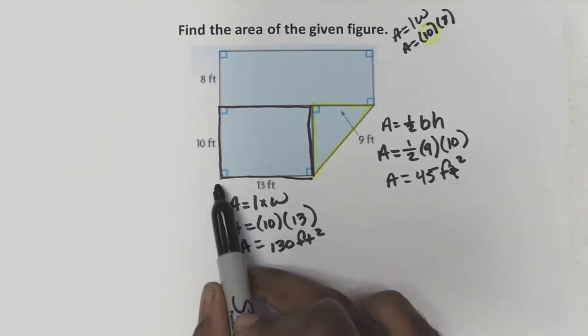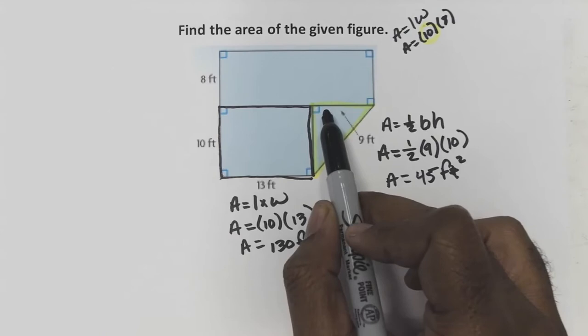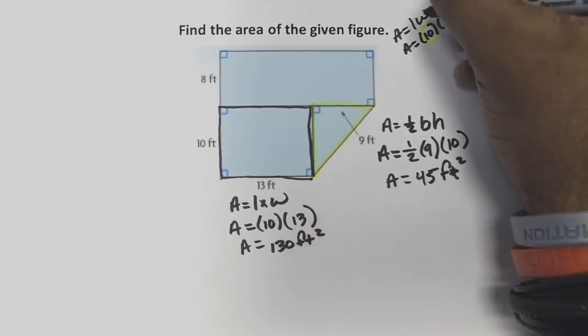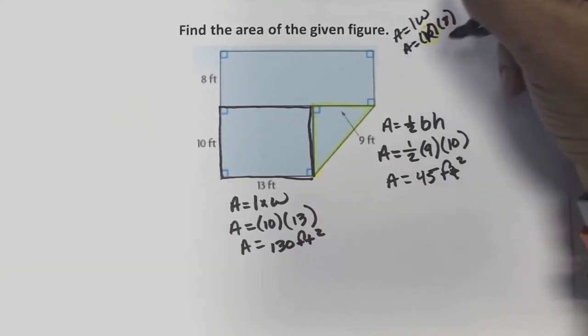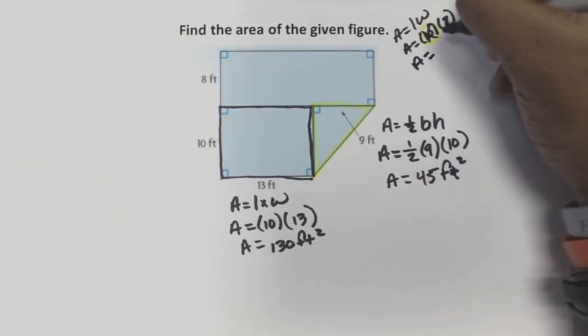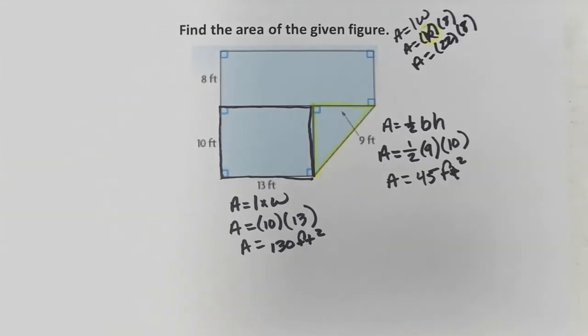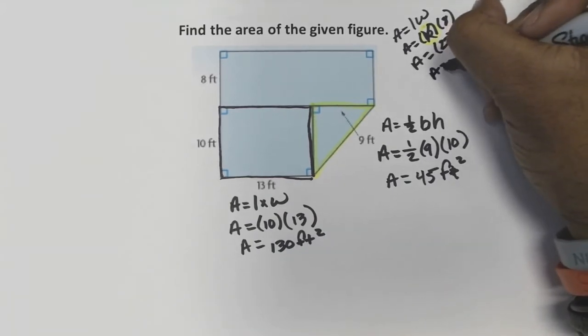Because the length of this total side is 13 plus what? 9. So to get the correct length, I do 13 plus 9, which is going to give me 22 times 8. Good job and good way to correct that mistake. Okay, so now are we ready to find the area of this rectangle? Yes, we are. So area equals